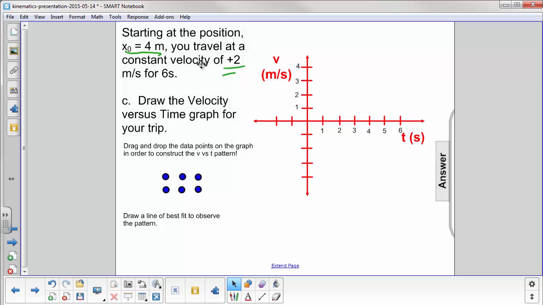This one's pretty straightforward. They tell us that the velocity is 2 meters per second constant no matter where we are. So at 0 we're there, and at 1 second we're at 2 meters per second, at 3 we're at 2 meters per second, so on and so forth. So at every point the y value or the velocity value is always going to be 2 meters per second. So when we draw a line of best fit through that,